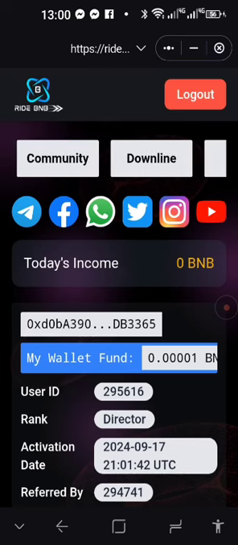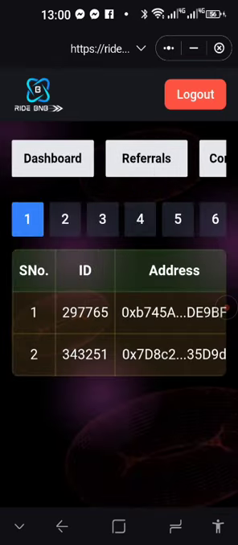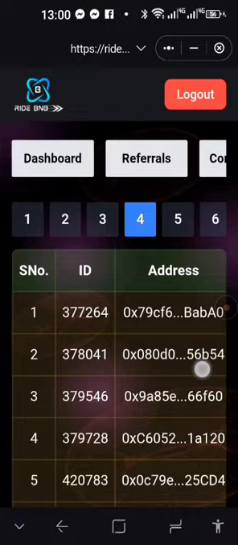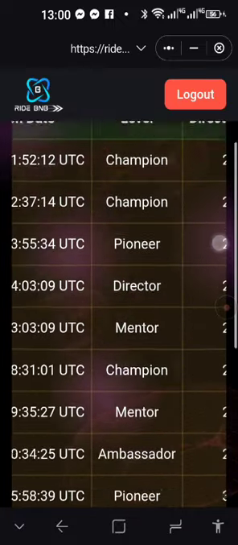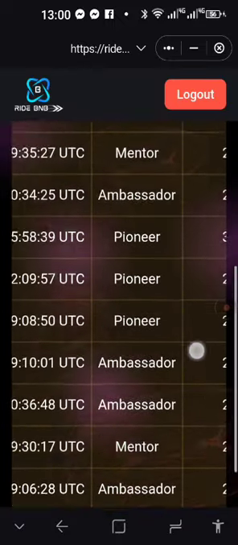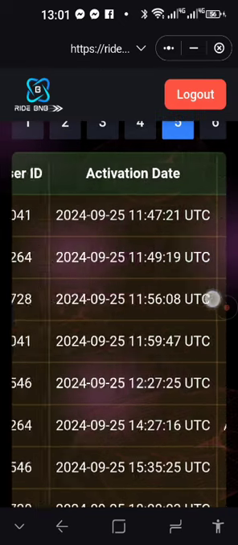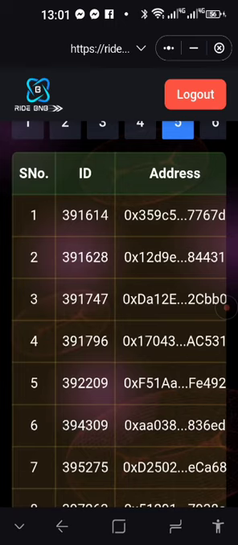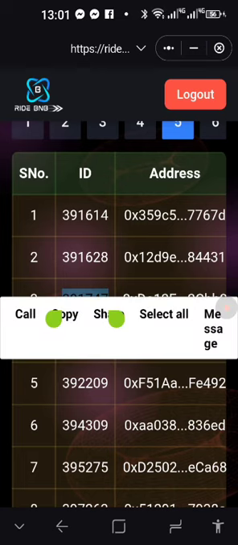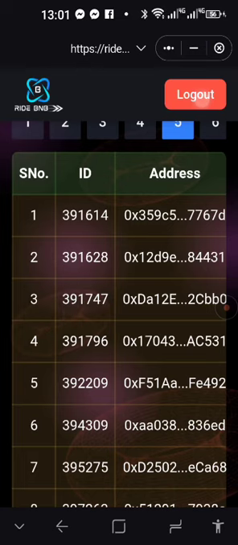You're going to go to downline, and we know level 4 people pays you when they upgrade to achiever. So we'll check if everyone here is on ambassador or higher. Let's look at level 5. This will pay you for pioneer. So there's a pioneer. There is an achiever, and we can copy this number. You're going to copy this ID number, 391747. Alright, you're going to log out.